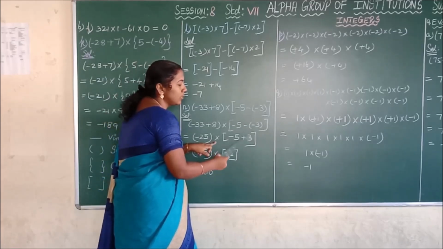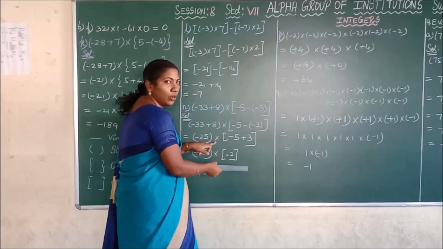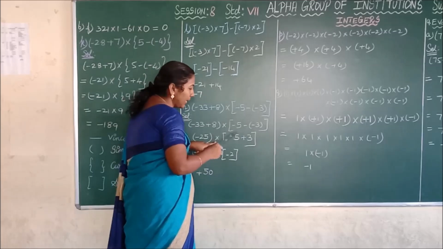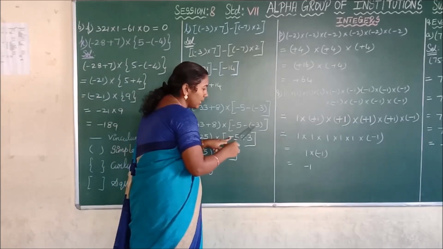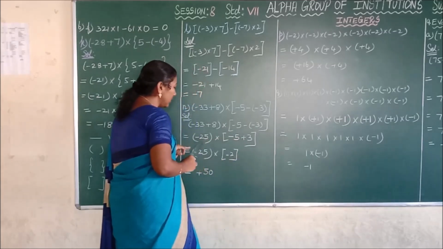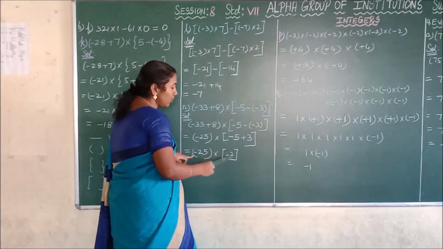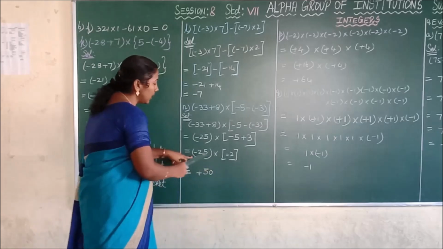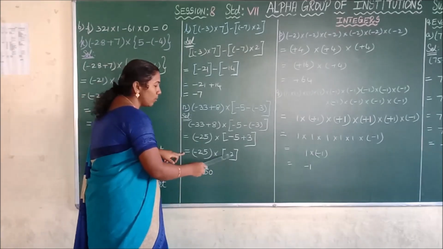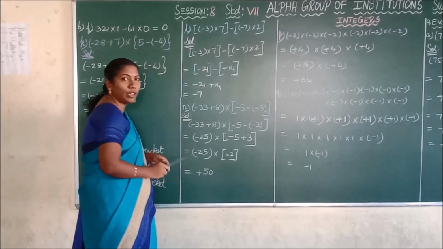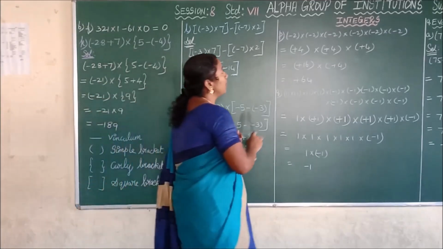You can also do this operation in the next step. Here I am doing it in this step itself. Minus 5 minus into minus, plus 3, that is minus 25 into minus 5 plus 3. What is your answer? Minus 2. Thus minus 25 into minus 2. Minus into minus is plus, 25 into 2 is 50. Straight step. See the next sum.